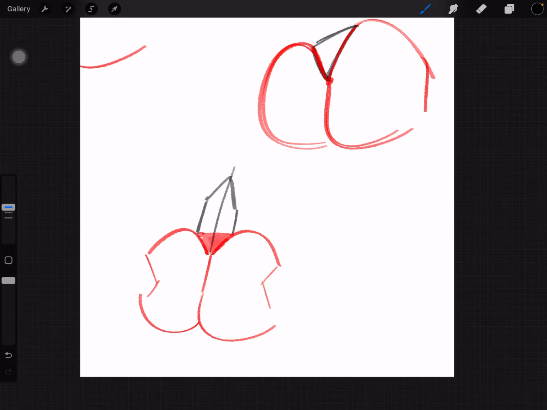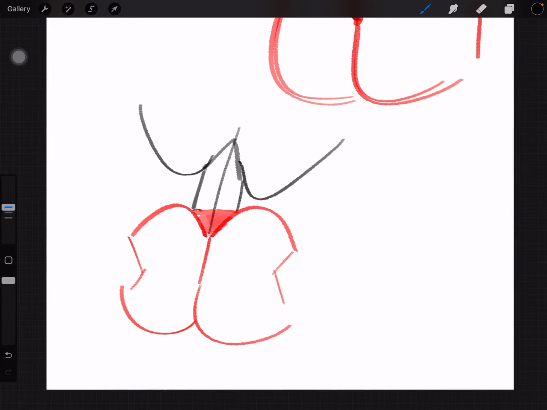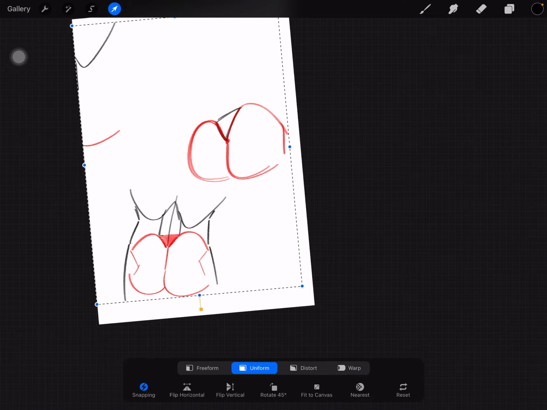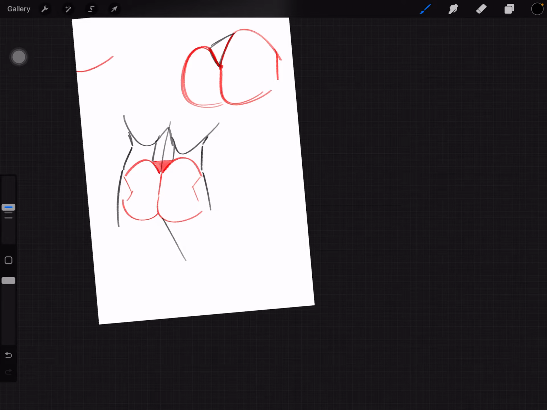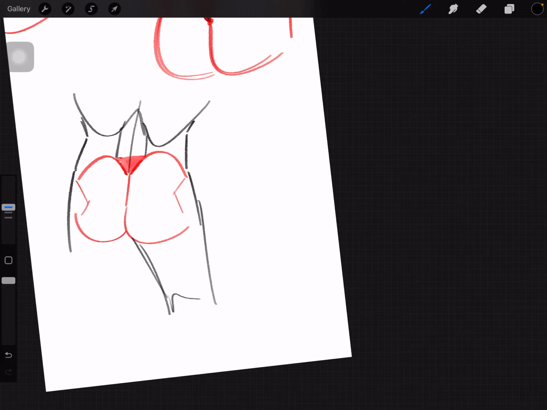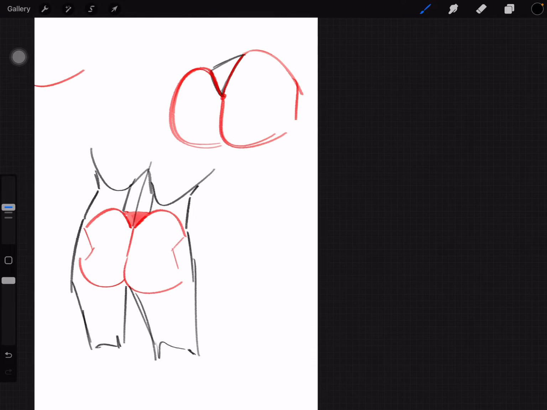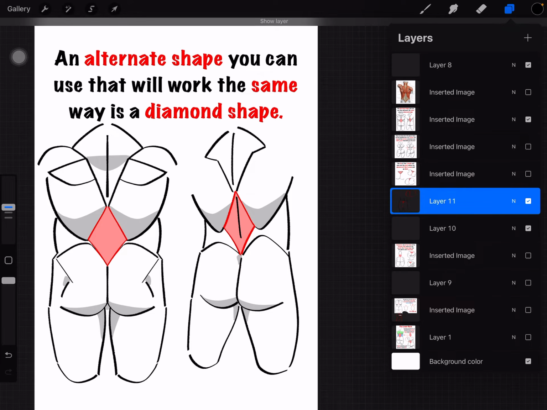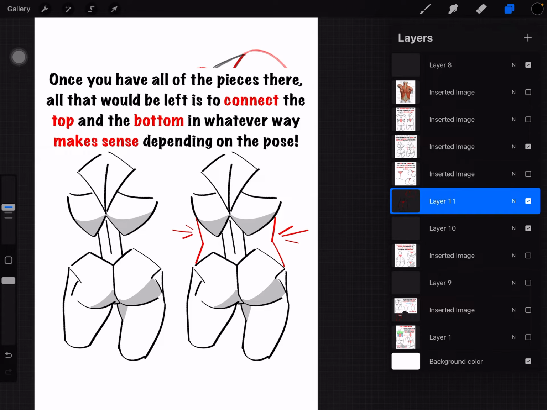And then if this was the triangle, the lat, I'd just connect the top to the bottom here. And that's how I find all the places to put everything. I think that's this page, no, not that one. This page. So I said once you have all the pieces there, all that would be left is to connect the top and the bottom in whatever way makes sense depending on the pose. And what I mean when I say whatever way makes sense,